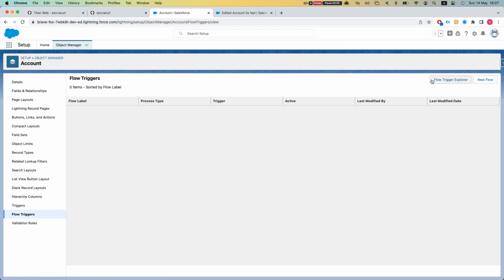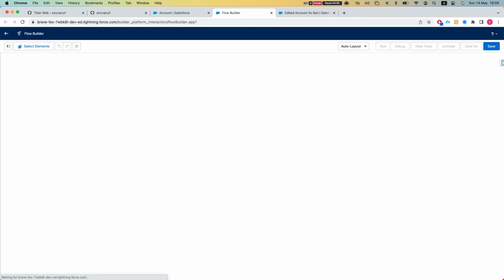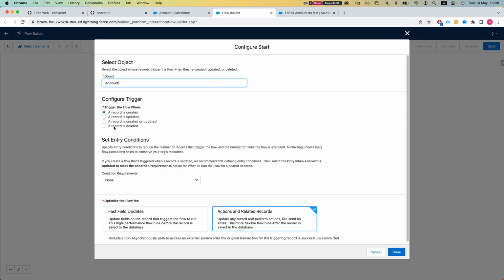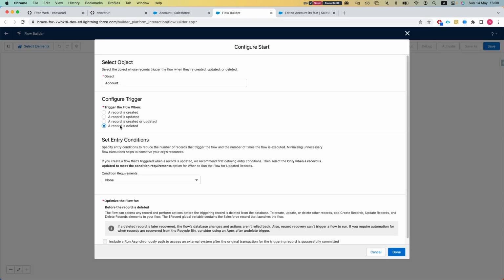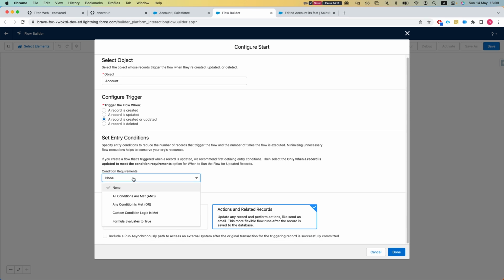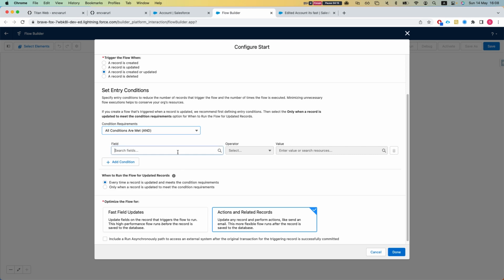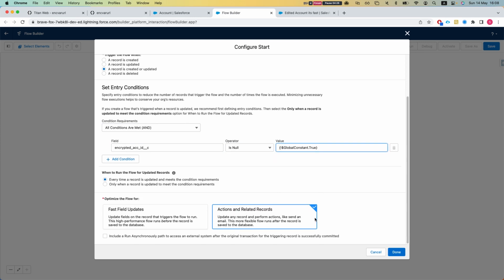Second step is we will create a simple flow. So let's go to flow trigger, and I'll create a new flow, and you can create it also from the flow pane in Salesforce setup as well. Now I'll give it a second to load. And this could be a record trigger flow whenever a record is created or updated. And all we want to do here is the following. We will say all conditions are met, and if my encrypted ID is empty, is null equals true, then what I want to do is